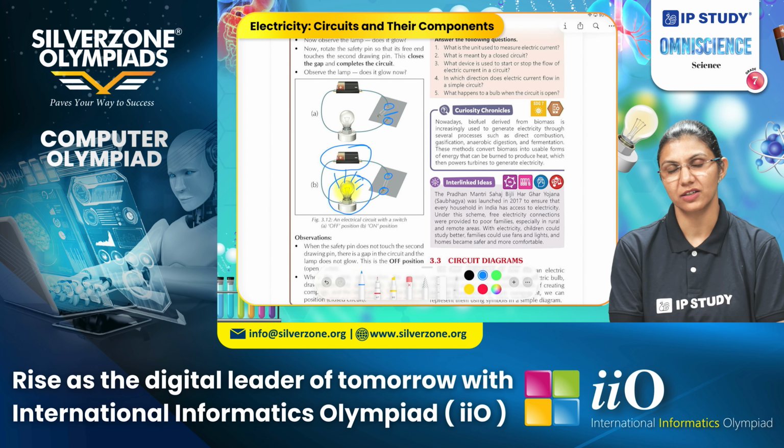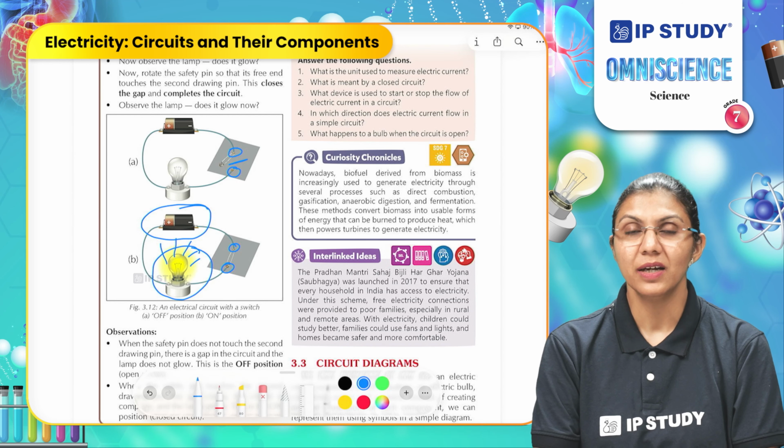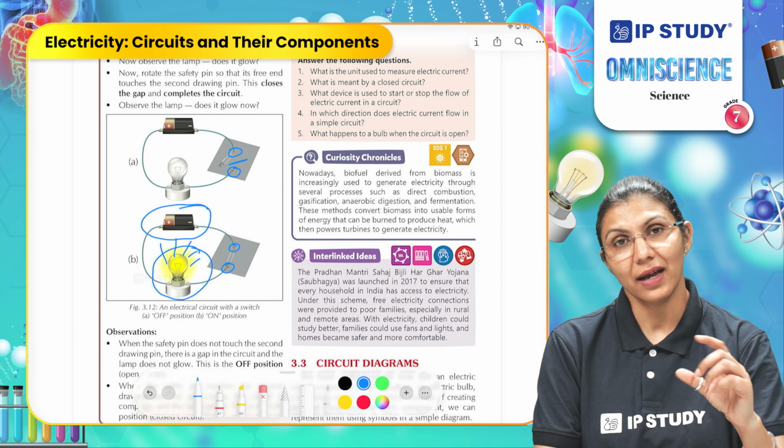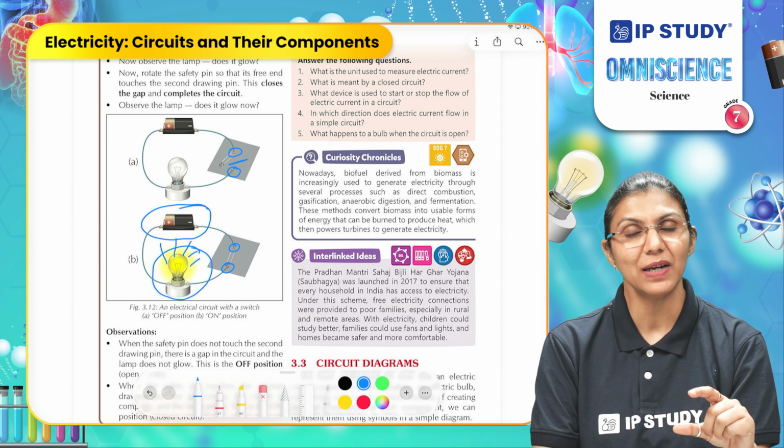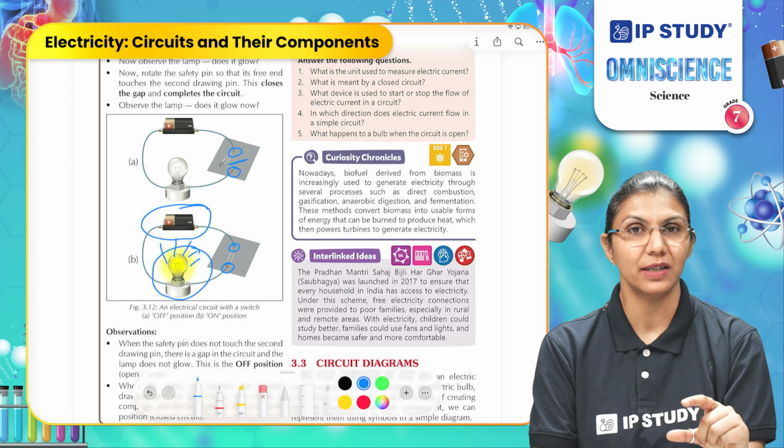So what is necessary here? That the circuit should be closed. It should be connected to all the components of the circuit. The battery should have energy. It should not be drained off, and the bulb should have a complete filament. The filament also should not be broken. If the filament is broken, the circuit will be incomplete. In that case, we will say the circuit is now open.